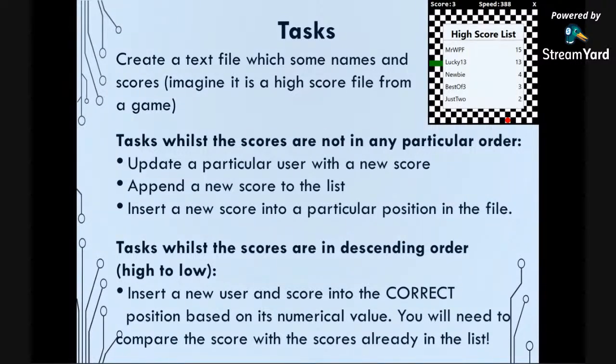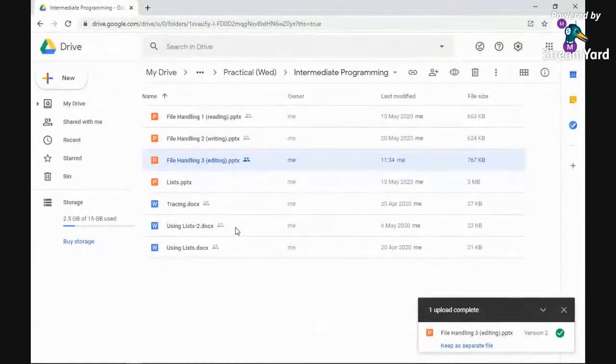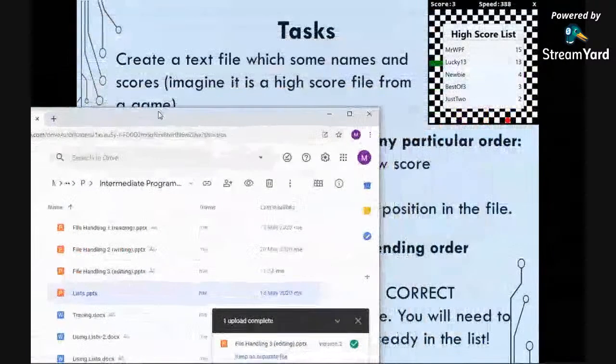So I've literally just managed to update that, ready to go. So if you were to go onto the tiny URL and open up file handling 3 editing, you might need to refresh the page. Make sure that if it says last modified on there, that it was updated at 11:34 rather than yesterday, because that was when I originally uploaded this file. So just check that that's the right file. But you should be able to also look back through some of this and the lists idea to help you through these